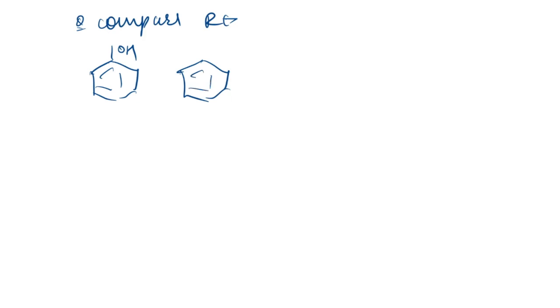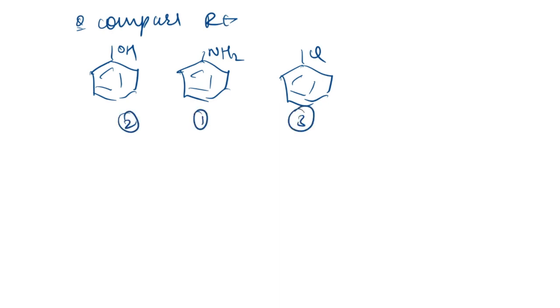Question: compare resonance energy. First of all, we have phenol OH, then we have aniline, then we have chlorobenzene. Here the order is 1, then 2, then 3. Because again NH2